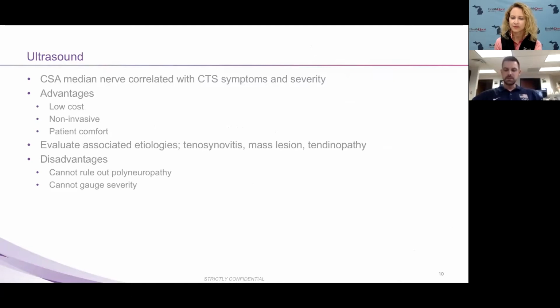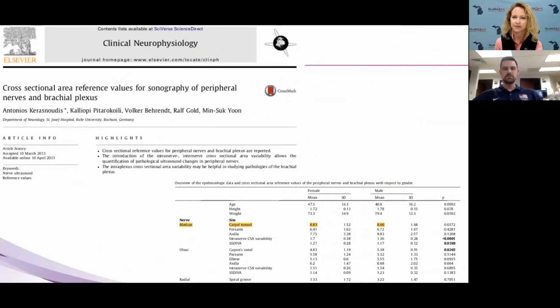Obviously with ultrasound, we can evaluate other mass lesions, tendinopathy, other fluid like that, but it's not going to give you a gauge of the severity necessarily or tell you about polyneuropathy. Here was the first study where they just started looking at measuring peripheral nerve cross-sectional areas kind of across the way. And so you can just see as a reference for the median nerve at the carpal tunnel, you're looking at about 8